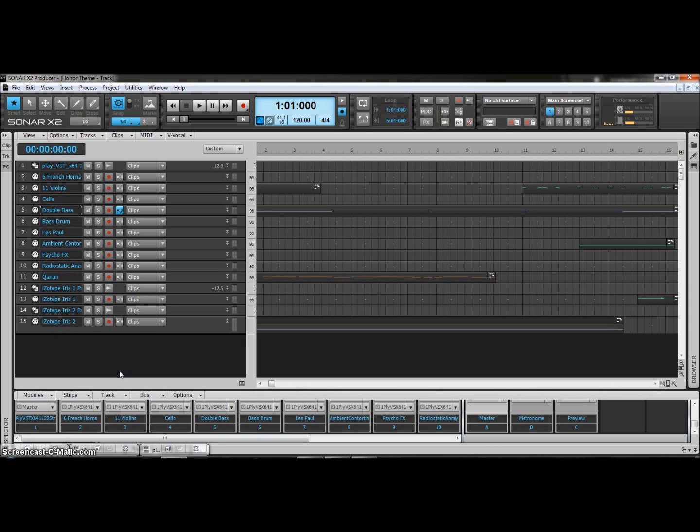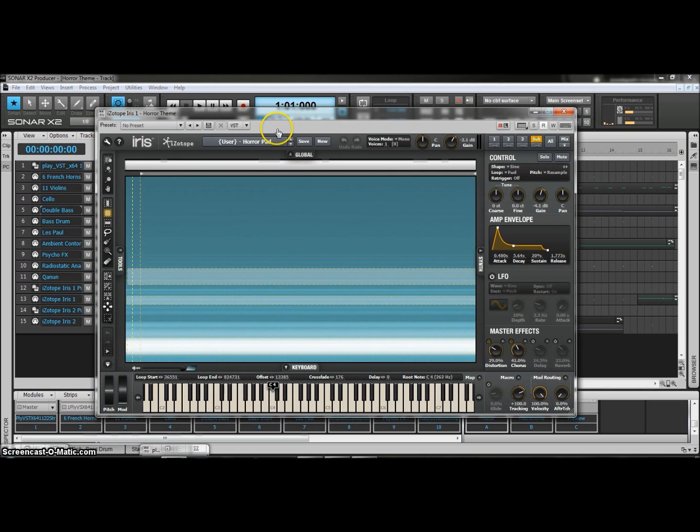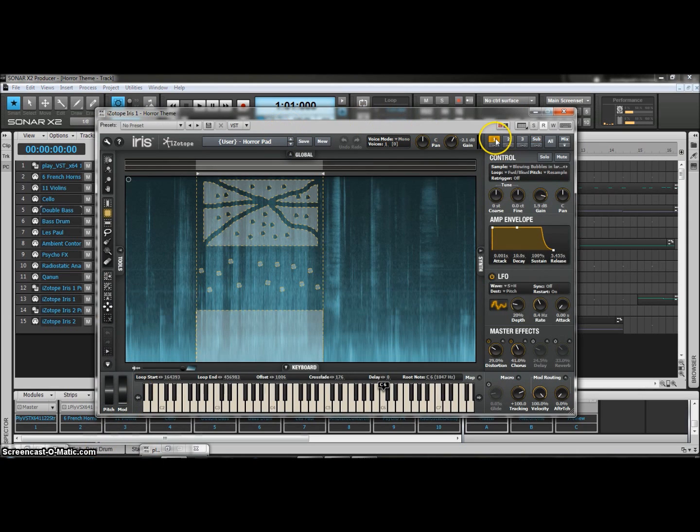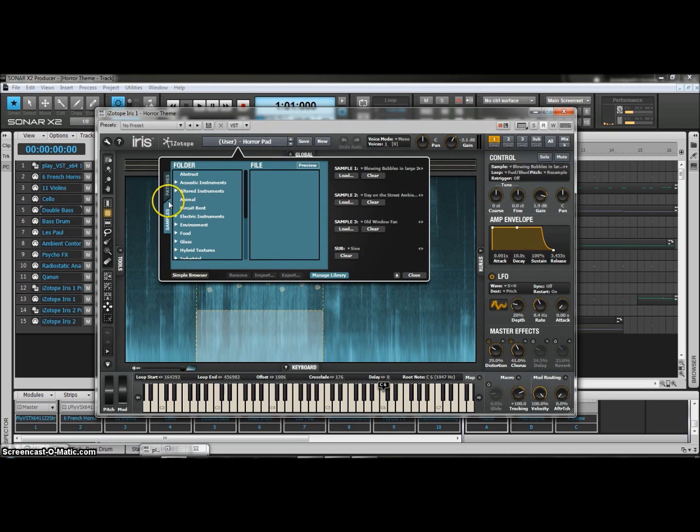Now, for those of you that don't know, iZotope Iris is more like a sound design software, as opposed to a synthesizer. You take a sound sample, of which it comes with a whole bunch, and you can buy others, or you can use your own that you've recorded, and